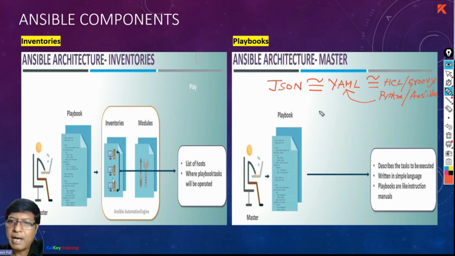Okay, so YAML, the JSON is your key value pair. We say it's a pair. This is a template which can be implemented through YAML. We will see that. And Ansible is totally written in YAML. And this key value pair is a very simple structure. It is not complicated,